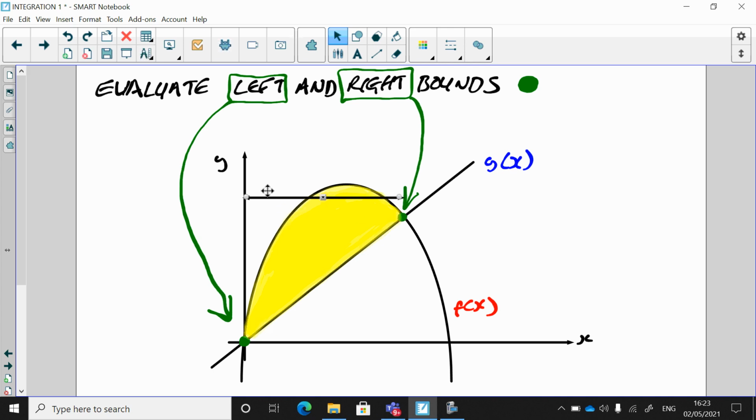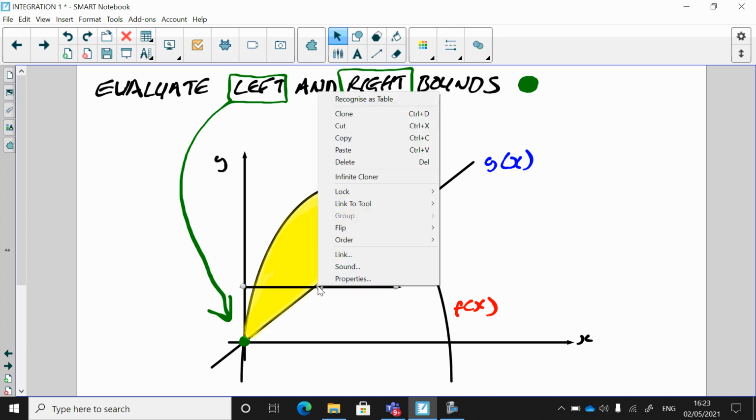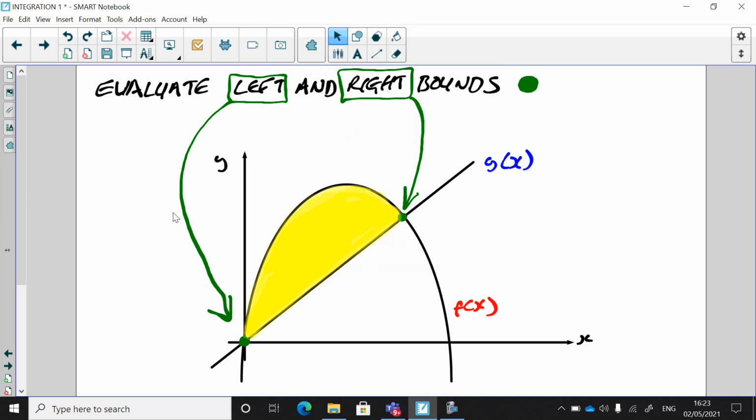Anything above that, I don't care about, because that there is the furthest point to the right. So hopefully you can see that that's what we're talking about here. So we are talking about the extreme left hand side here,